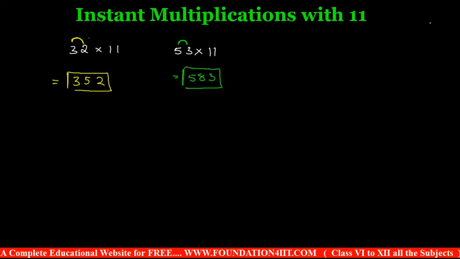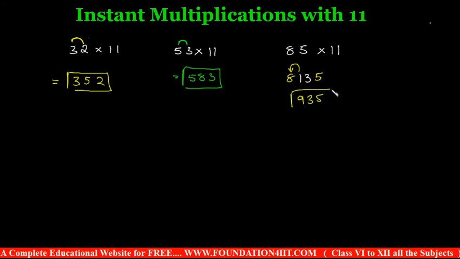A simple technique. And see one more. In case you get 85 into 11. In these two examples, if you add the digits, 3 plus 2 is less than 10, a single digit. 3 plus 2 is 5, 5 plus 3 is 8. But 8 plus 5 is a double digit number, right? It's 13. But if you write directly 8 and 5, this is not the correct answer because you get only a single digit. So this 1 will carry to the previous number. 1 plus 8. This one we should add to the previous.